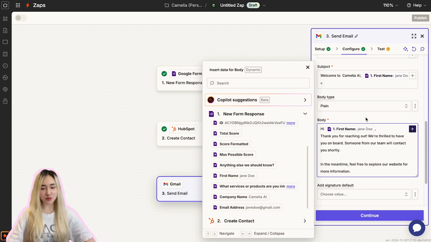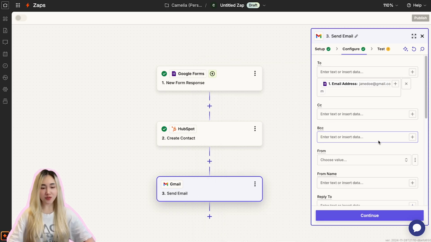Zapier provides you all the customizations you can do in Gmail, and you can customize this email however you want based on your specific needs. You can also attach documents here as well, such as a user guide or free resources for the new leads to download. When you are done setting up the email, click Test Action to send a sample email using the